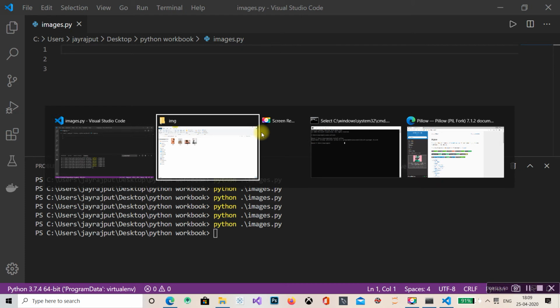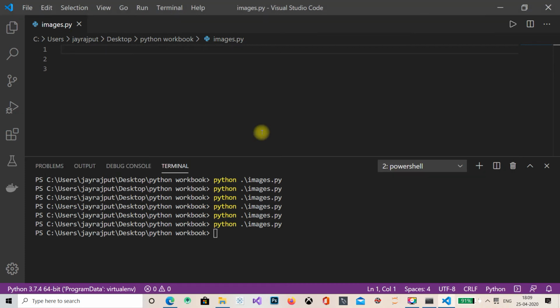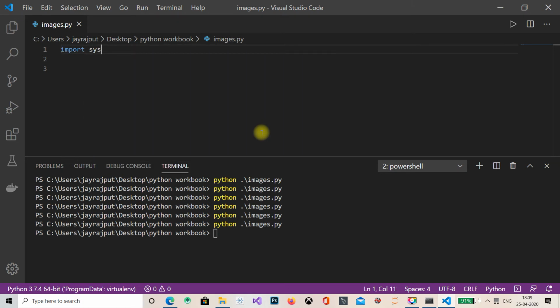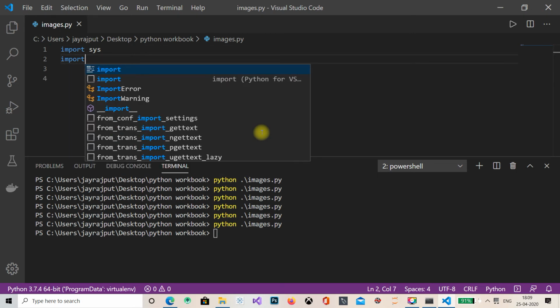So what we are going to create here is, see guys, I'll import sys. These are all basic libraries.